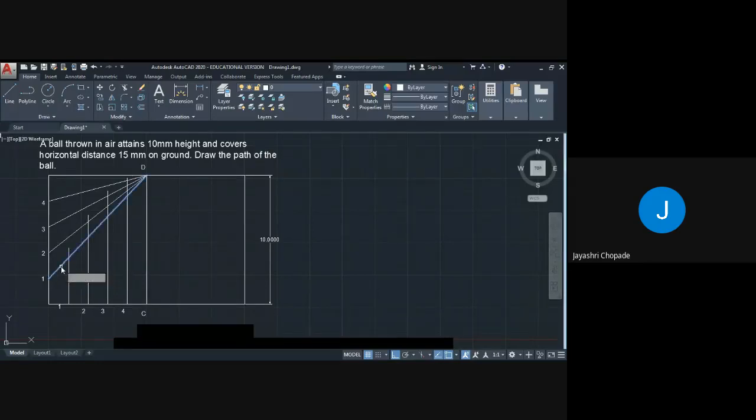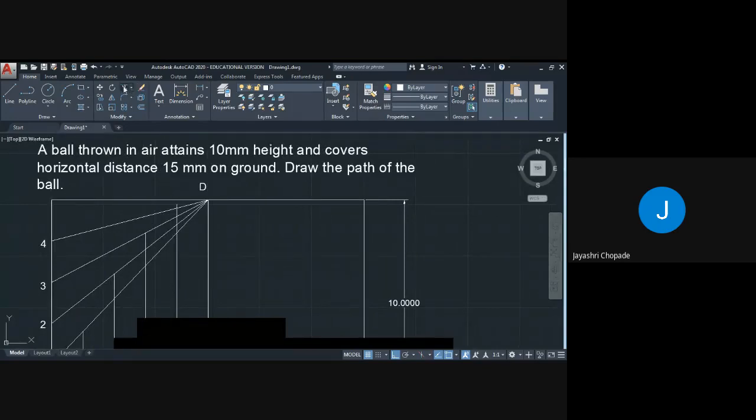Select 1D line, press enter, and select the line which you want to trim, press enter. Again go to trim command. This is boundary line, press enter and select trim. Repeat for the last one, select line, press enter, trim it and press escape.